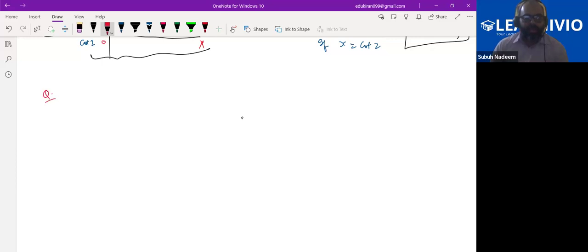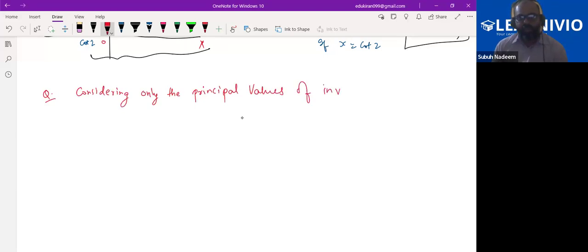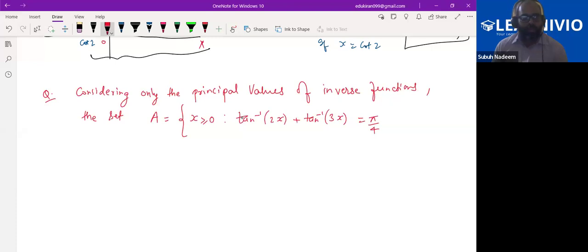So the question says, considering only the principal values of inverse functions, the set A is equal to x greater than or equal to 0 such that tan inverse 2x plus tan inverse 3x is equal to pi by 4 contains